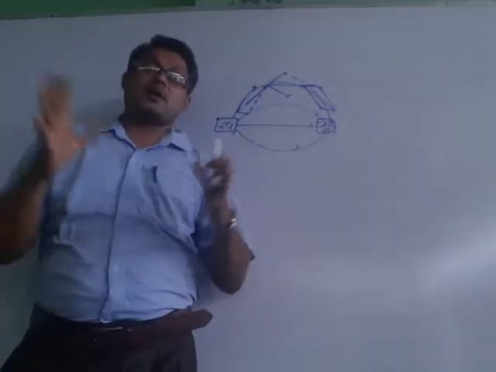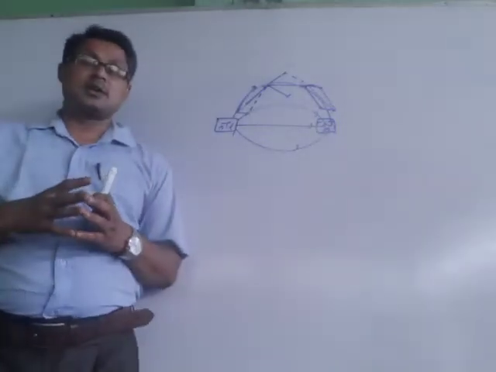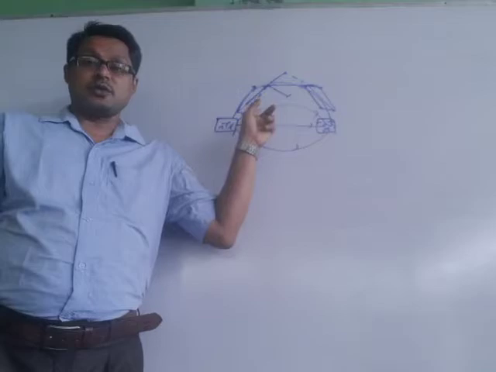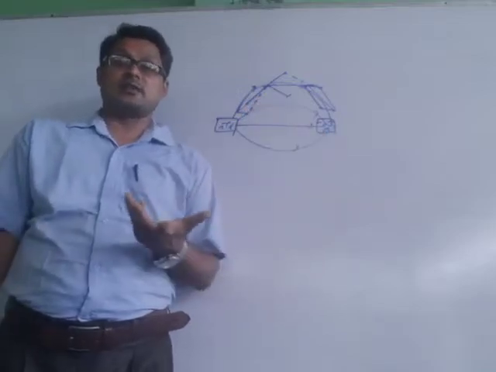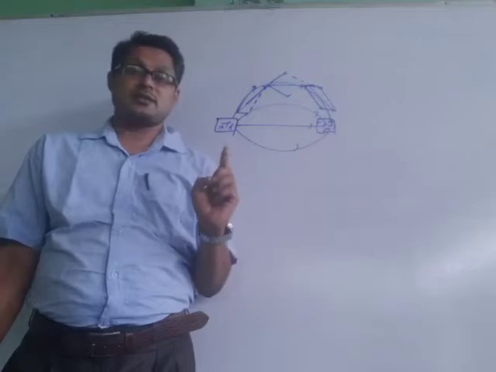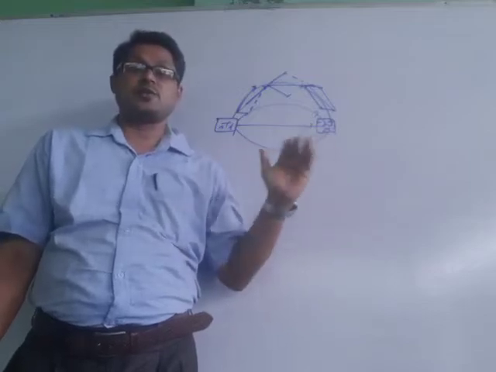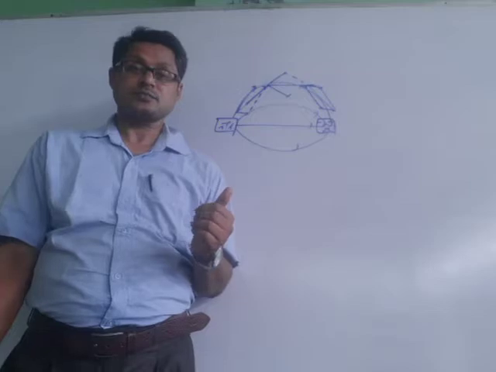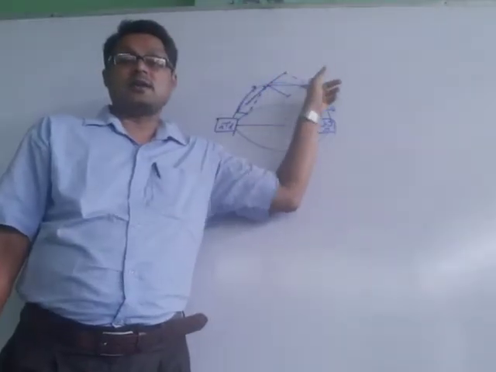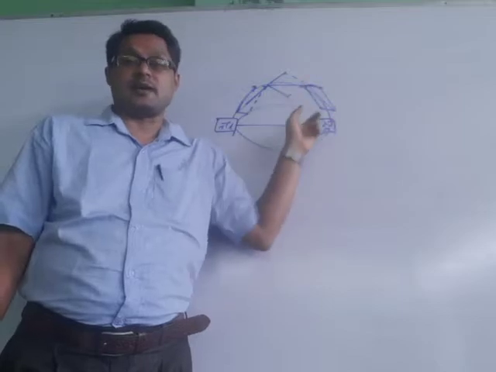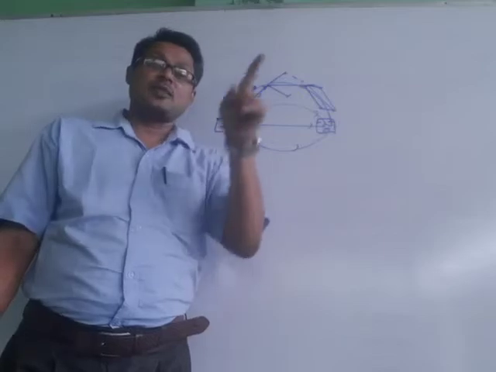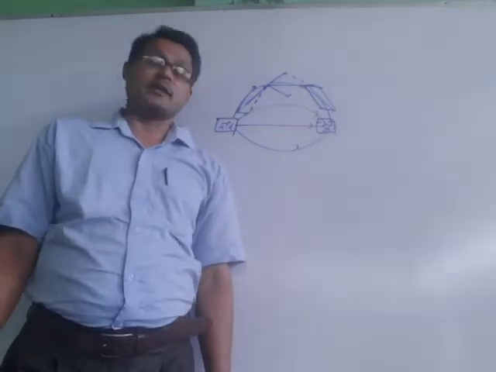So the electric lines of force are the imaginary lines along which a point positive charge can move freely in the electric field. If we draw the tangent at any point to this line, this will indicate the intensity, because the tangent is the resultant of these two forces, repulsion and attraction. So this tangent will be the direction of the resultant intensity.